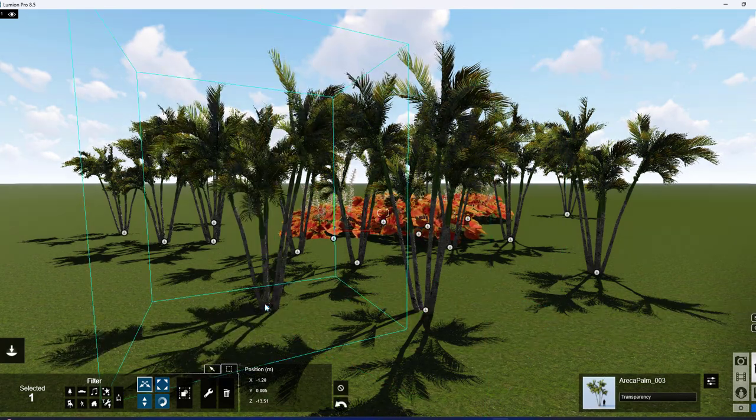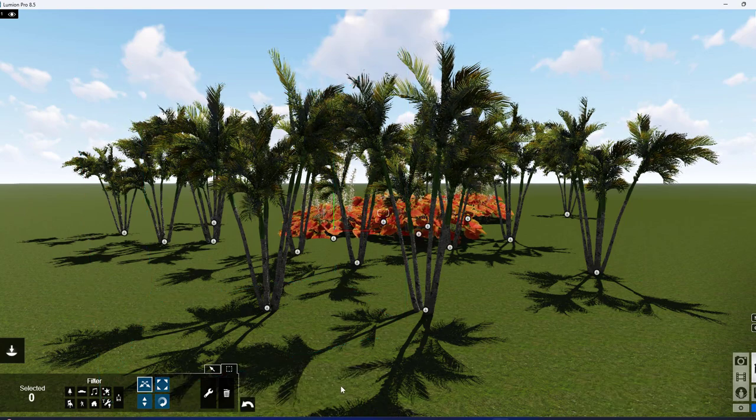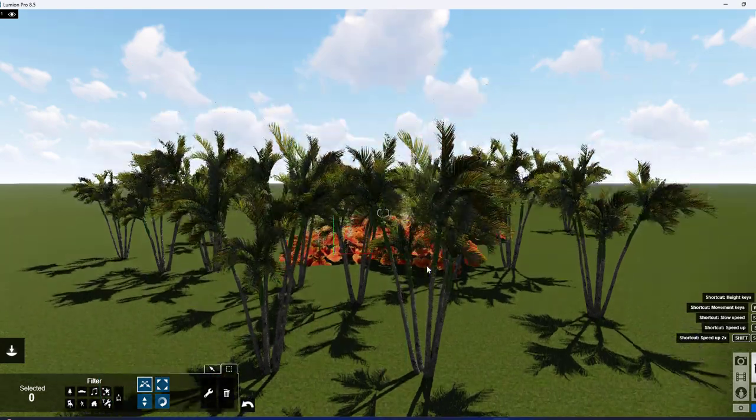Even we can place it in an array form. For that I just now come out from the selection mode, just select the deselect all mode, then next I am just moving up.